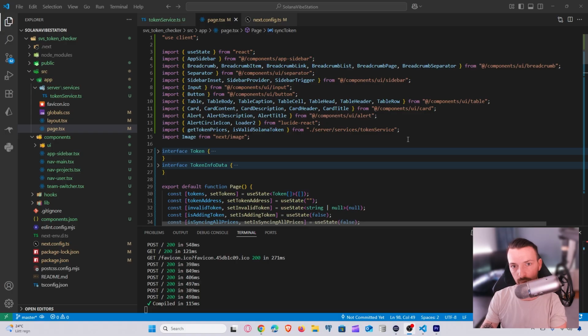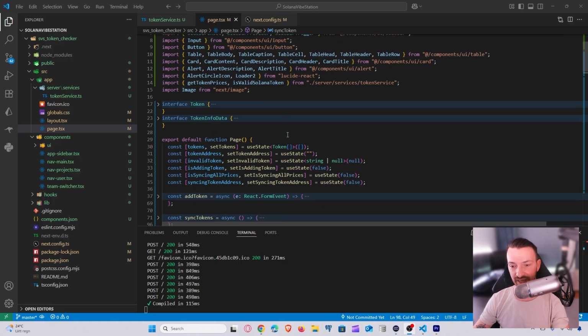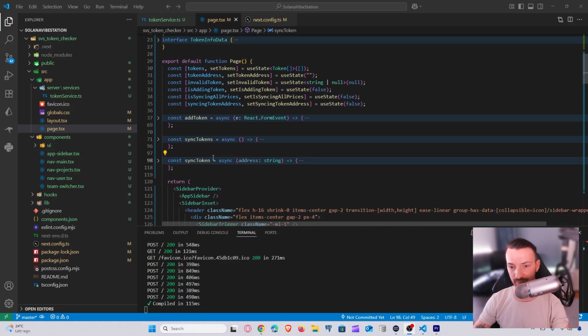Alright, to make sure that we can actually sync one or all the tokens at once, we just need to add the functionality that we created before and add it behind the buttons that at the moment just do a console log. So the changes that I made are really straightforward. I updated the function names to sync tokens and sync token, just to keep the function names short and concise